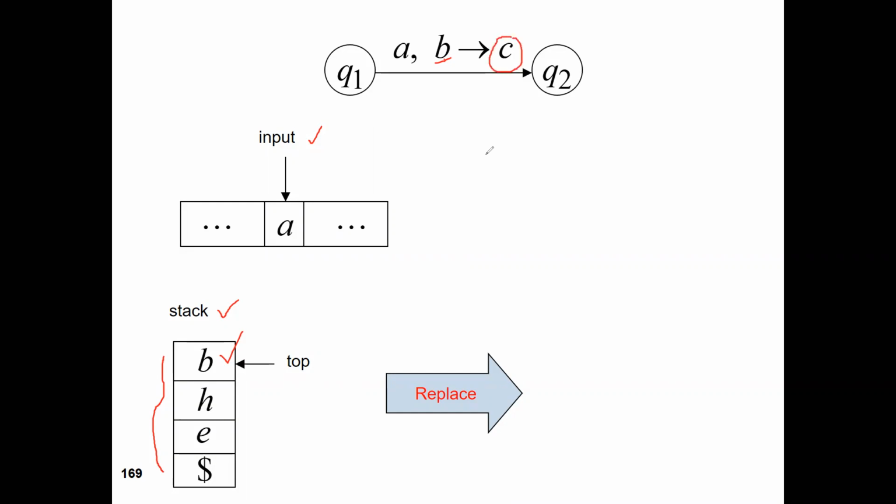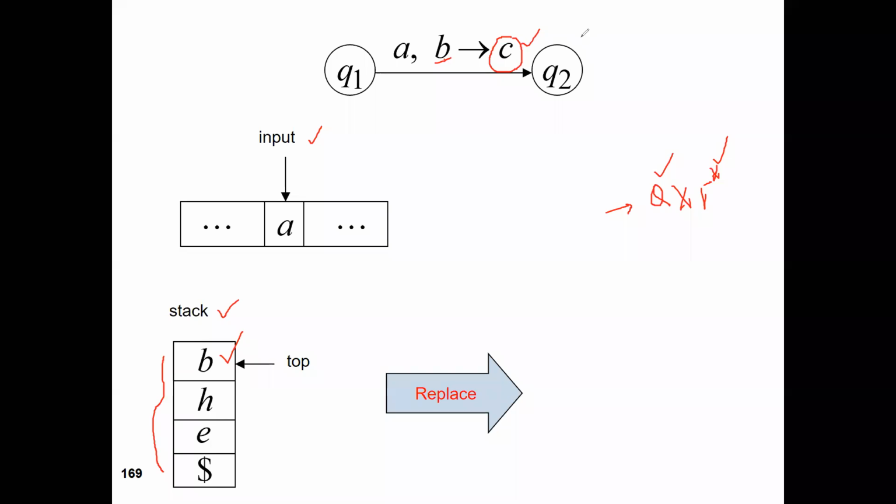After the execution, you are moving to the new state, that is Q2, and you are pushing C here, because our transition function was Q into tau asterisk, the transition function that I told you last. It means that you must reach any state, it may be the same state or a new state, but along with that you must write something onto the stack. It may be null or any combination of alphabets. So in this case, you are pushing C into the stack.